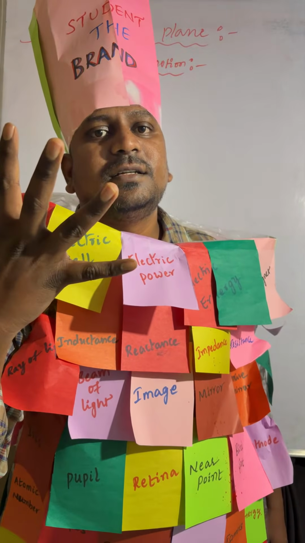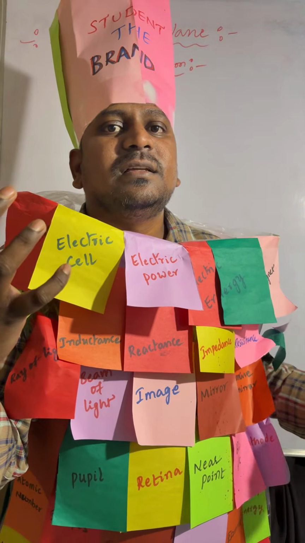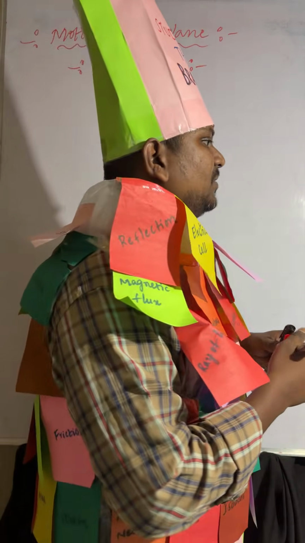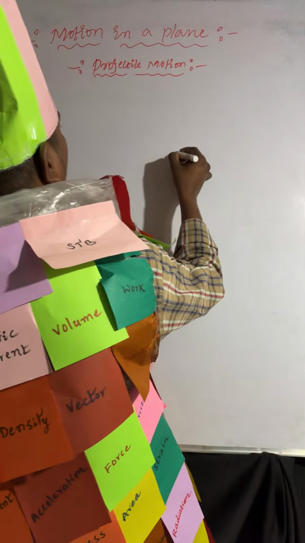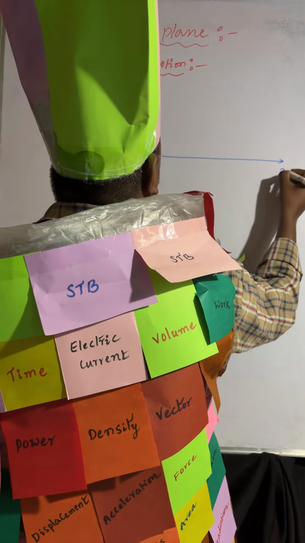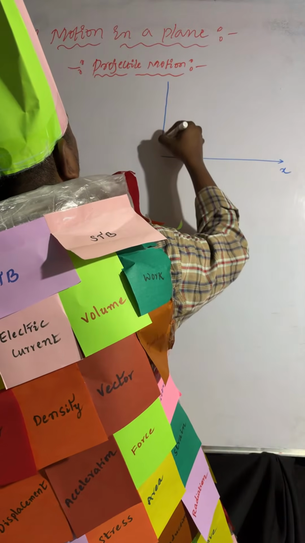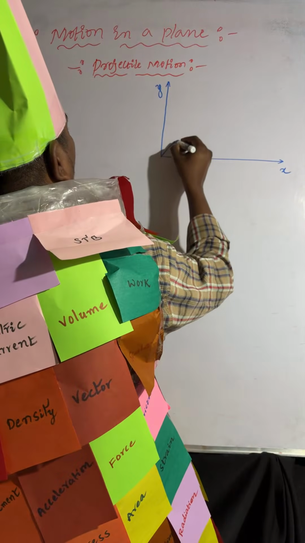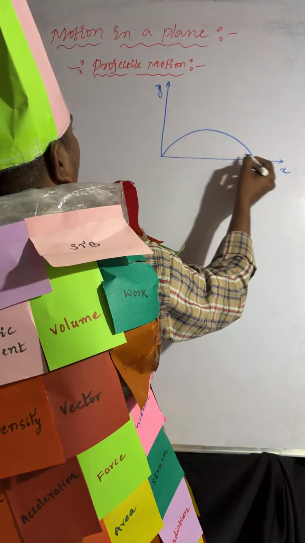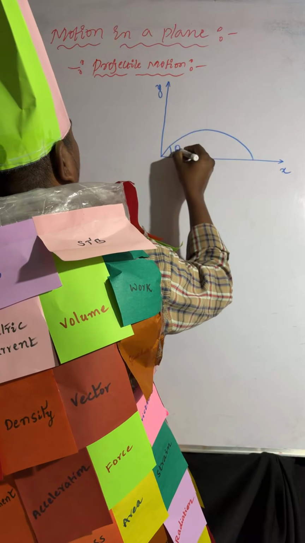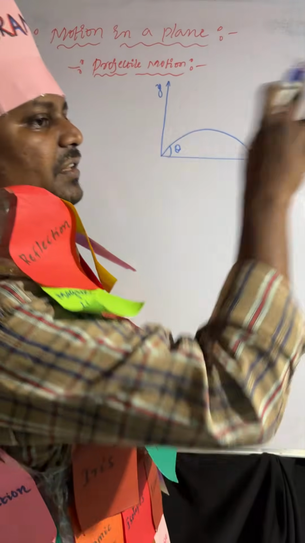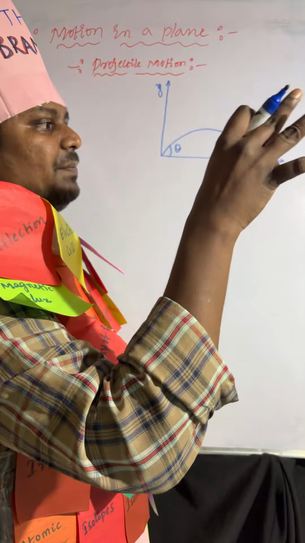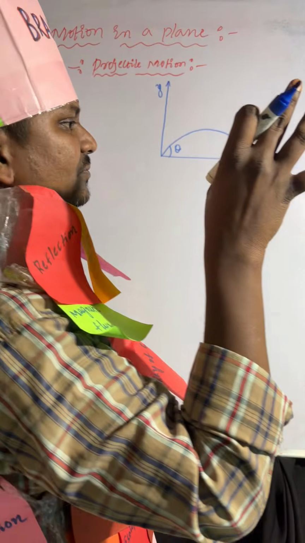Now you can see, when you throw the object, it makes an angle theta with respect to the x-axis. Here you can observe this is the x-axis and this is the y-axis. If the object is thrown at a certain angle with the x-axis, or we can take the ground, like that, if you are projecting the particle,